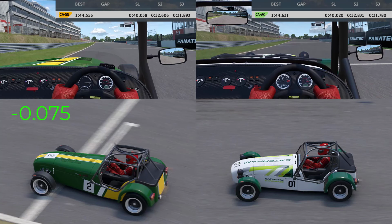So as already mentioned, both these cars are very similar. For me, I have a preference for the Academy car. That slightly more forgiving nature, the lights and the windscreen means the weather, the time of day make no difference at all to using this car. But they are both great fun to drive, and if you haven't yet driven a Caterham, I would thoroughly recommend